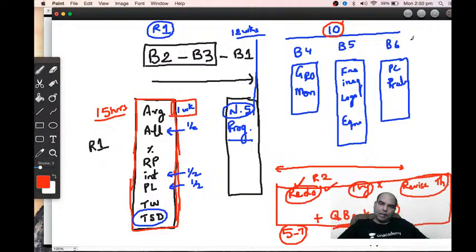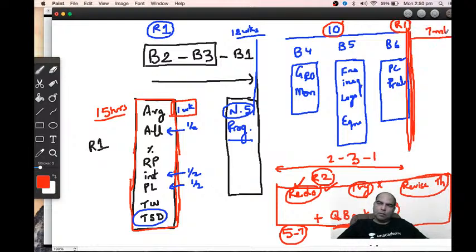So if you start now, by April you will finish round 1 of all the topics and round 2 of block 2, 3, 1. And after that the advantage will be that you are through with the portion. So you still have 7 months. And in 7 months you can do multiple rounds of every topic.